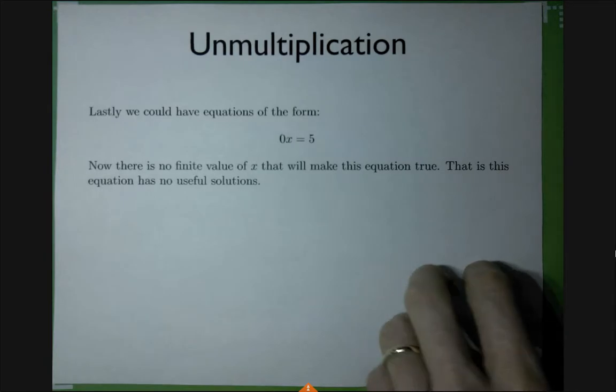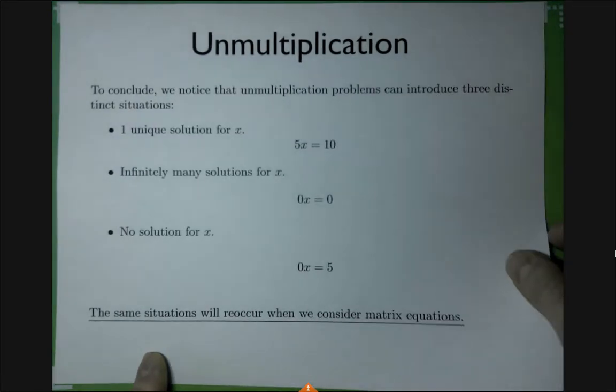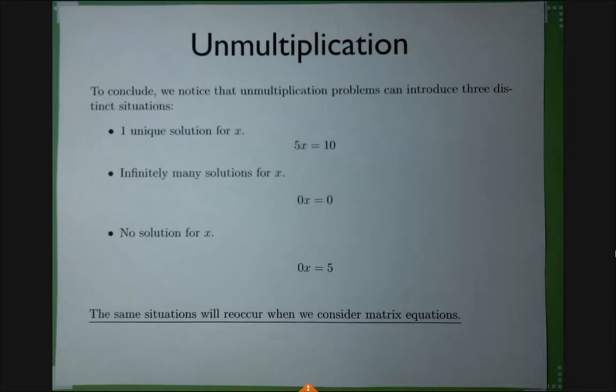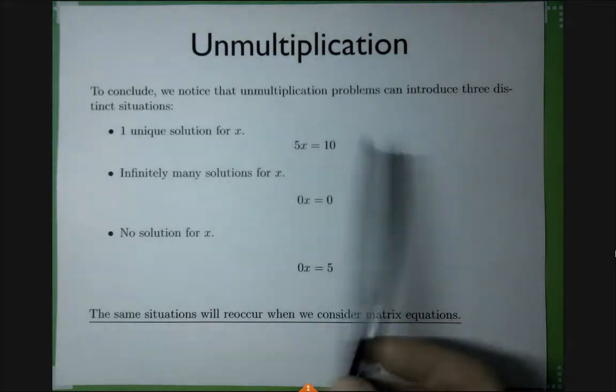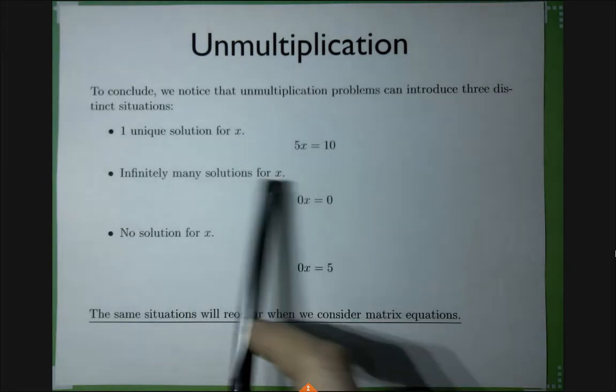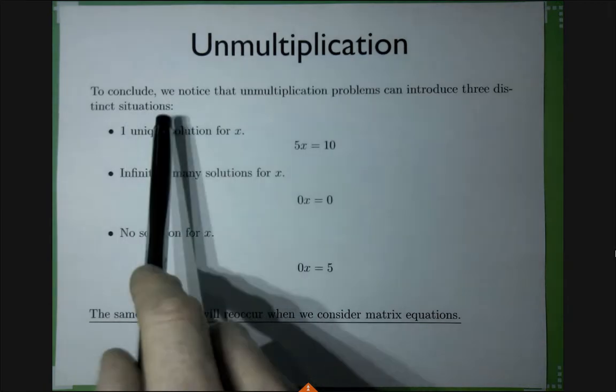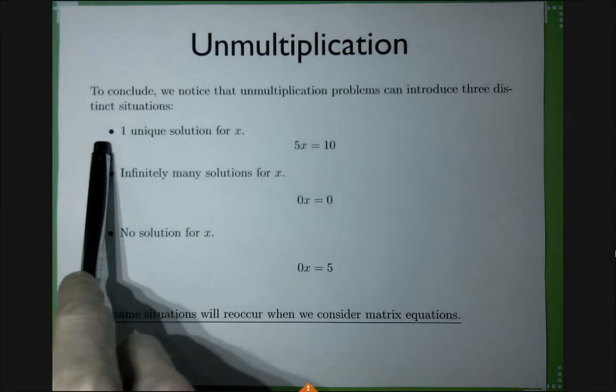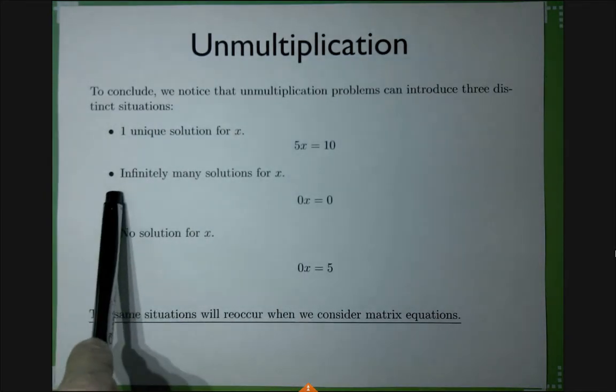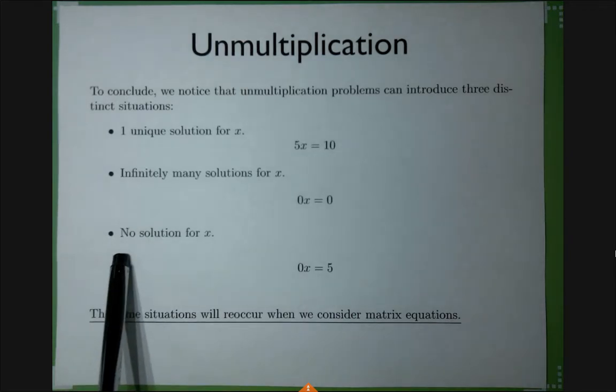So already in this dumb case of a 1-by-1 system, we see that there are actually 3 cases we need to distinguish. And in this 1-by-1 system, it's really simple, right? Let's look at it. So there are 3 cases. Either there is a unique solution, there are infinitely many solutions, or there are 0 solutions.